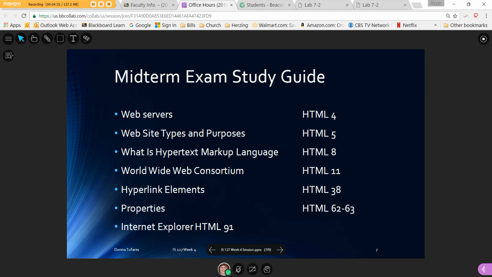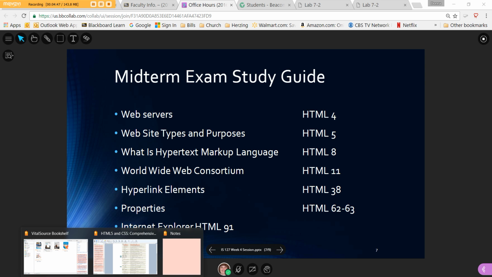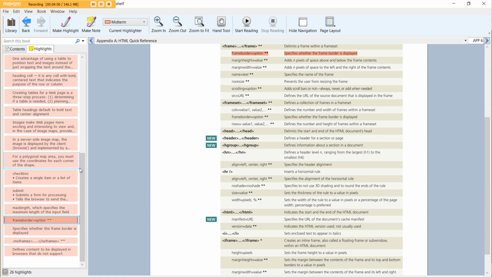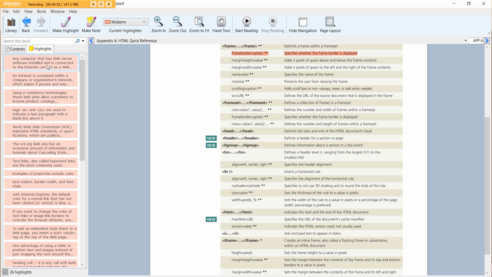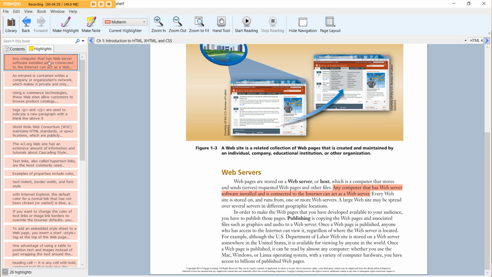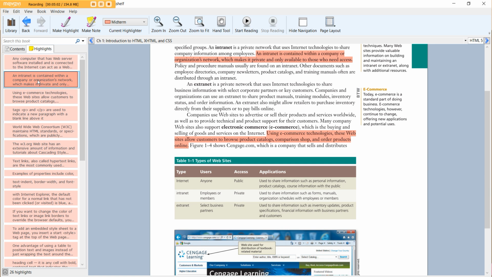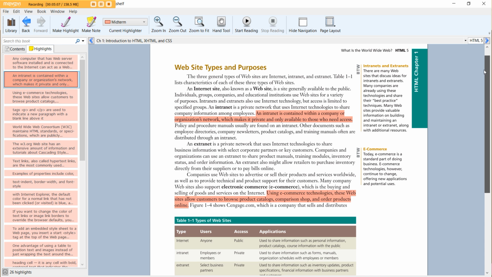Now, I made highlights in my book, but one student told me that he couldn't see it, and I haven't heard from anyone else. So I created this little study guide that will give you the pages, and I thought I would go through the book showing you the headings, the highlighted sections. So the first one is on HTML 4 about web servers. The next one is websites, site types and purposes, and there's two on this page,